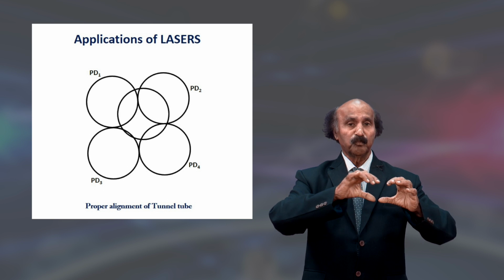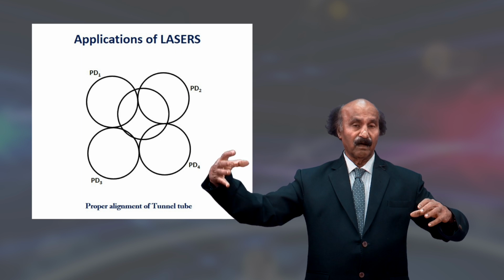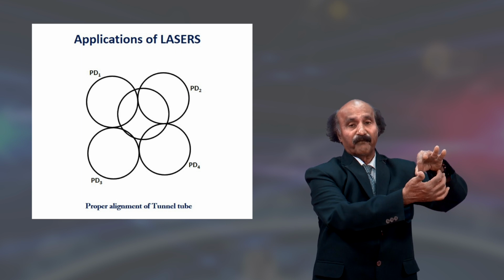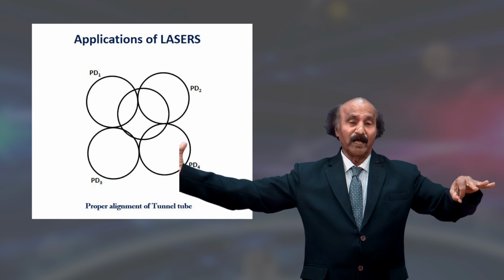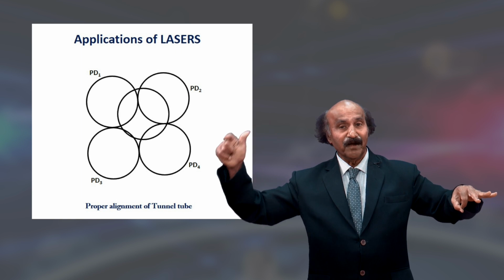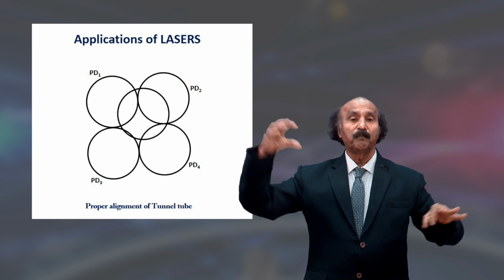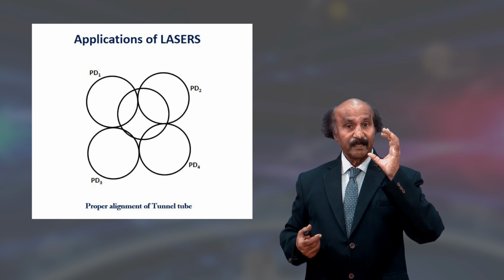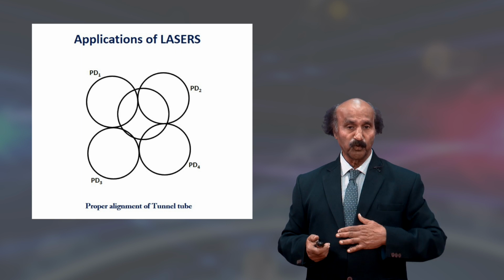So, in a tube of 5 meter length, you are going to put 5 meter lengths one after another, all in a straight line. All that you have to do is put one tube here, so that the first ring just comes out. You put another tube, that tube will just cover the second ring, because it has expanded. Like that you can keep on putting one after another. Eventually you can have a tunnel of 1 or 2 mile length using this kind of alignment, as I have shown.